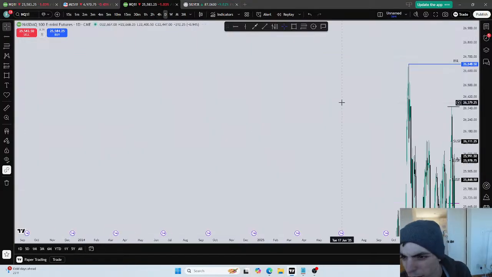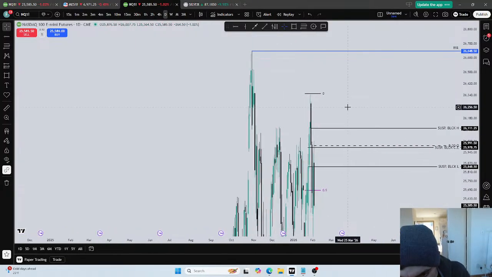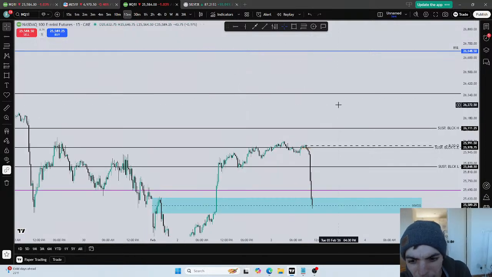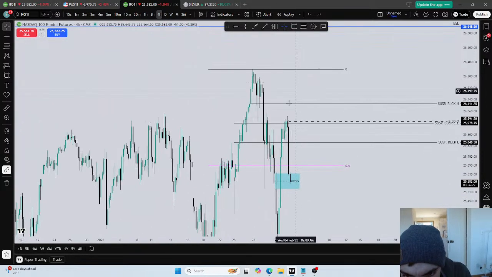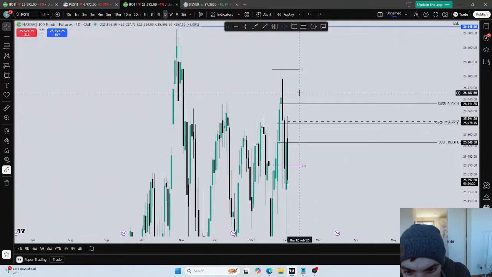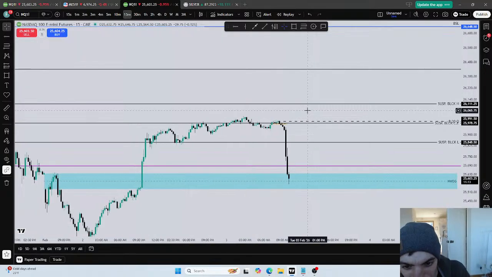Let me show you. This high up here and this high here. But if we drop down to the 4 hour, my trade basis, you can see that we were rejecting it. We did close above it on the 4 hour, but it's a daily PE ratio. Doesn't really mean much. We did manage to close above, wick above it on the daily. But when we drop down, we can see that